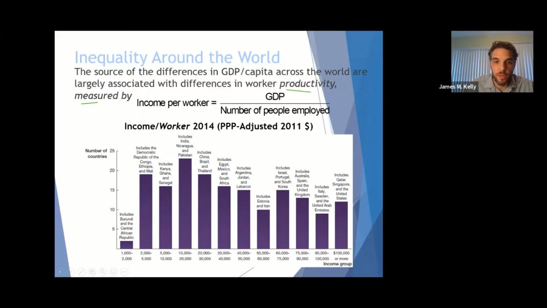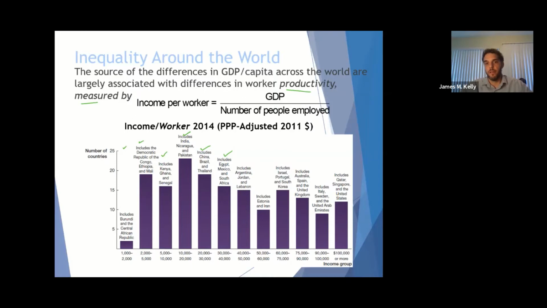And if we look at this bar graph, we're seeing a similar trend to what we saw for real GDP per person, where a lot of our African countries are further down the distribution. And as we go up the distribution, we start including more South American countries, more Asian countries,